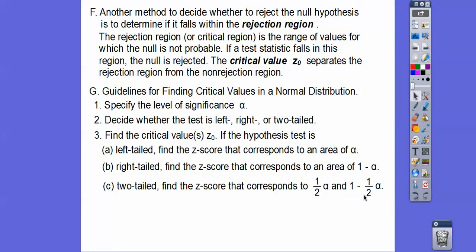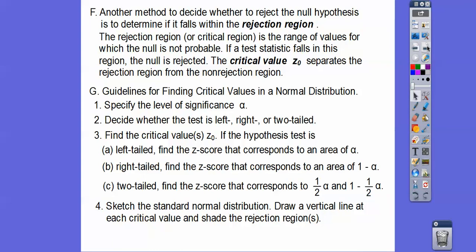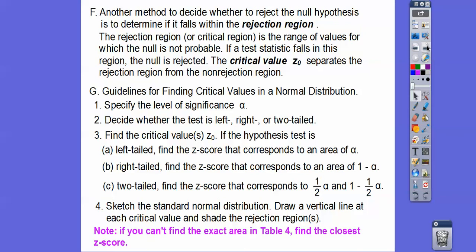And then 1 minus that will give you the right side right there, okay? So, and then sketch the standard normal distribution. Draw vertical lines at each critical value and shade that region for the rejection region. Now, if you can't find the exact area in Table 4, then find the closest z-score that gives you that